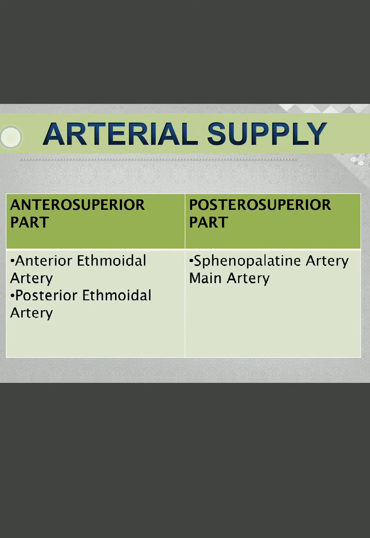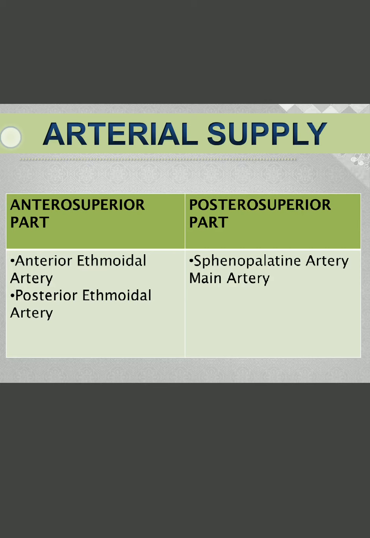The arterial supply of the nasal septum will divide it into 4 locations, that is the superior and inferior. फिर superior को हम divide करेंगे anterior superior, posterior superior, and exactly inferior को हम divide करेंगे anterior inferior and posterior inferior. Anterior superior part is supplied by the branches of the ophthalmic artery, that is the anterior ethmoidal and the posterior ethmoidal. Posteriorly,